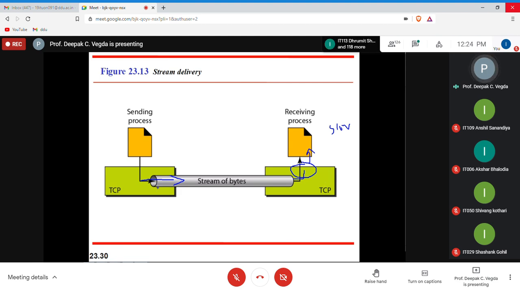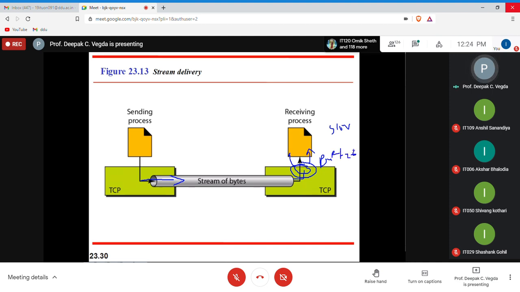So you are forwarding too much data here, but your receiver is not capable of receiving the data at that speed. So it stores the data in a buffer, and it will process the data and receive it, process the data and receive it. Where you are storing your data is known as the buffer. This is what your buffer is.